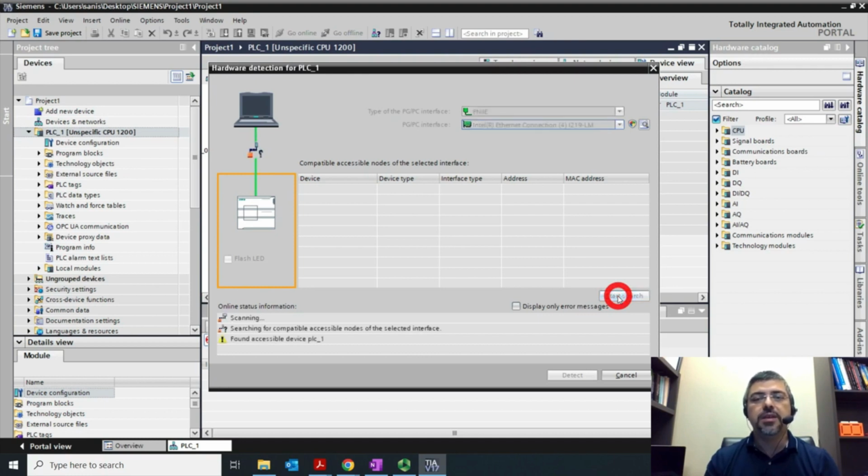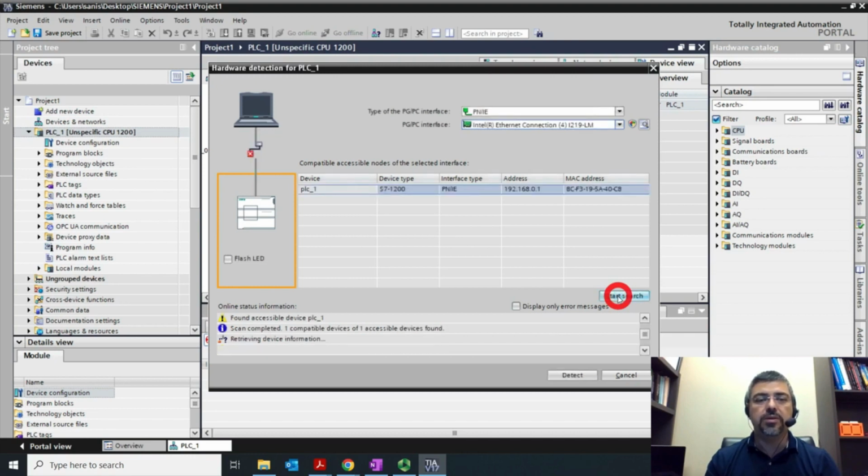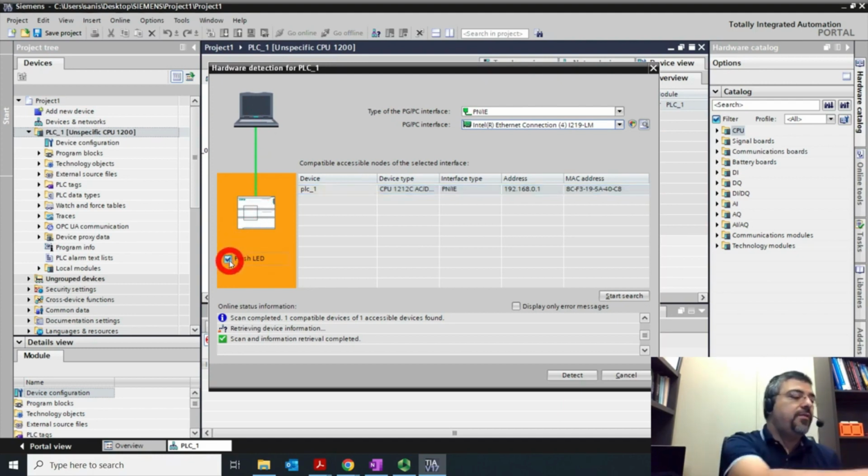So I'm doing this just in case you are going to work with any other models of the Siemens, so easily you could connect and you should be able to detect that. So as you could see, it actually found that. So you see the MAC address, IP address, and the CPU model that we have, which is exactly what we have. Even here it gives you an option, which is the flash LED. For making sure you have the right connection between your PC and your PLC, if you click on this, it starts to flash the indicator that you have on the